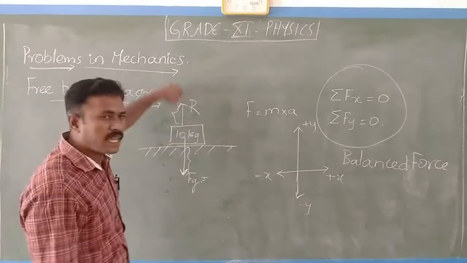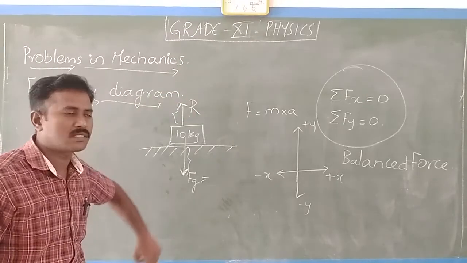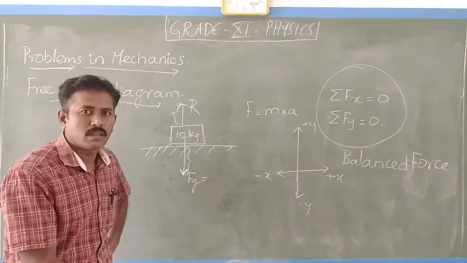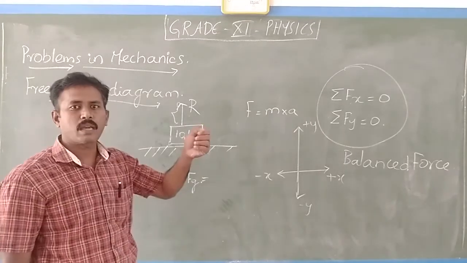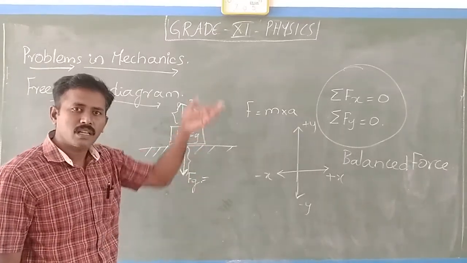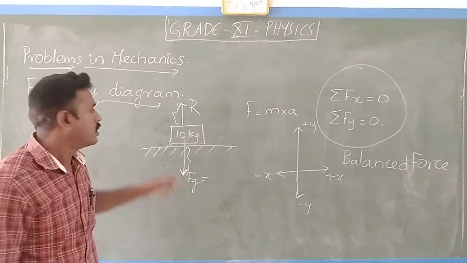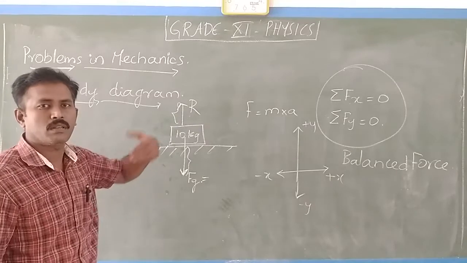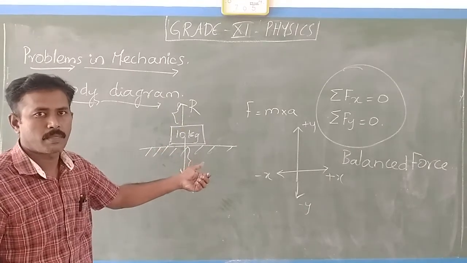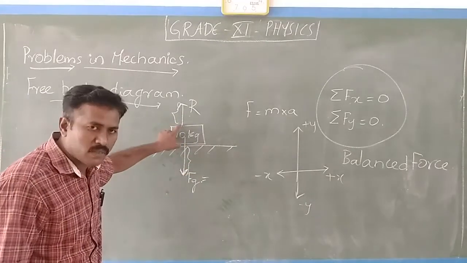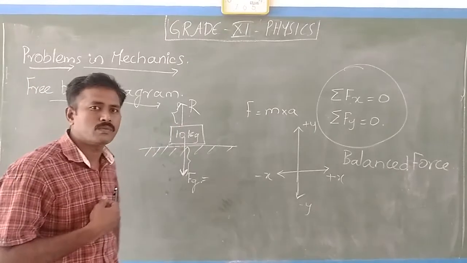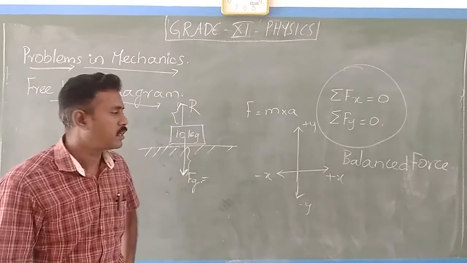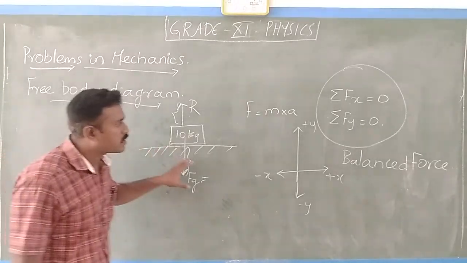If I am giving any acceleration and I am pulling this object upward, there will be some acceleration I am giving. There is some vertical component. Then what happens to balance the system? I have to give some other force. If I want to lift this 10 kg, I have to give an external force to lift it. Okay, so keep this in mind.